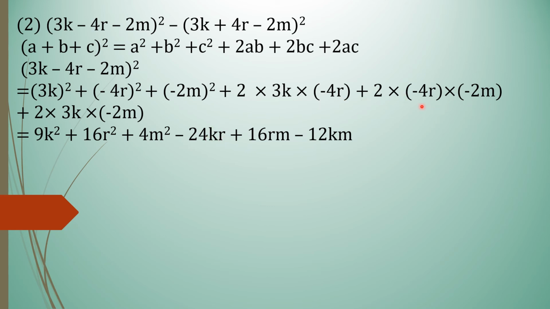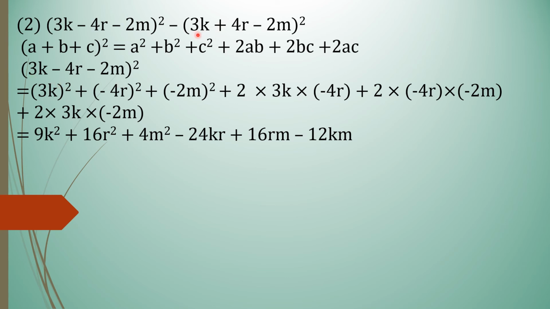Then here let's solve, first multiply this. Now you can see here also minus into minus, so it will become plus. So you'll get answer with plus. Now you'll multiply the numbers, 2 into 4 8, 8 2s are 16, 16 you got. Then r into m, rm. Then you'll multiply this, that is 2 into 3k into minus 2m. So here minus sign is there, so you'll get answer. One minus is then a plus into minus, you'll get minus answer over here. Then 3 2s are 6, 6 into 2 12. So we'll write down 12 km. So now we have solved our first expression.